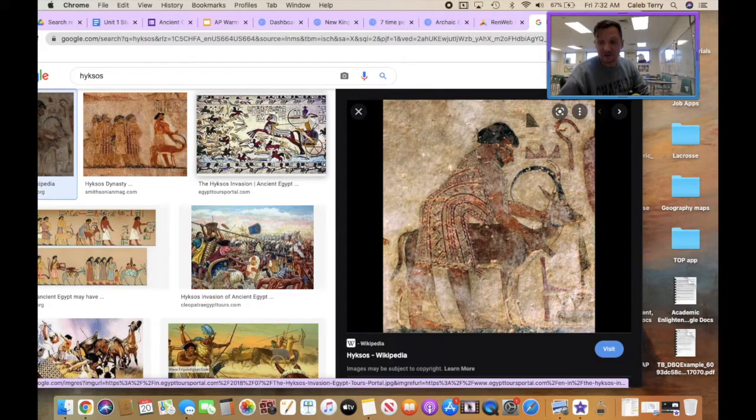Now, the big thing about it is that the Hyksos had certain weapons that the Egyptians had never seen. For example, Egyptians had very simple drawstring bows and arrows that were not very efficient and couldn't go very far, right? The Hyksos had these things known as composite bows that were made of both animal sinews on the drawstrings and also reed bow shafts, so they could shoot a lot farther and much more accurately.